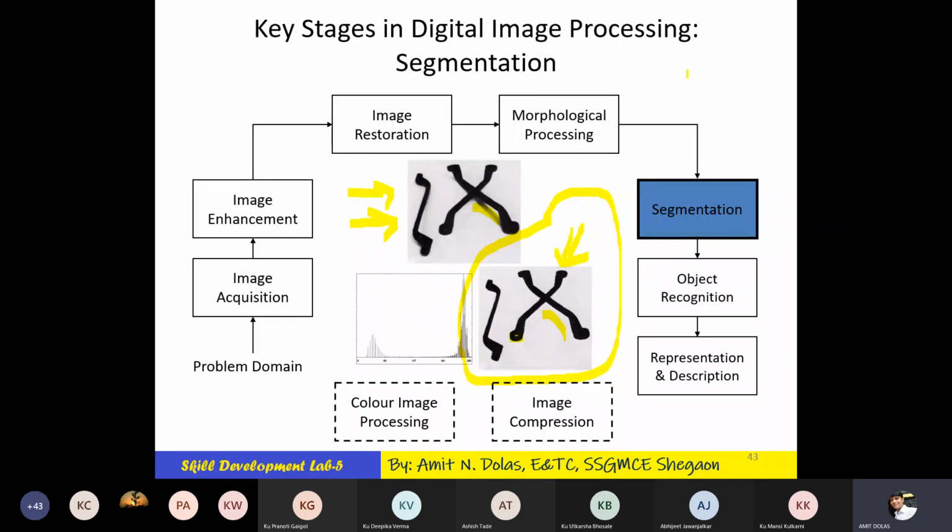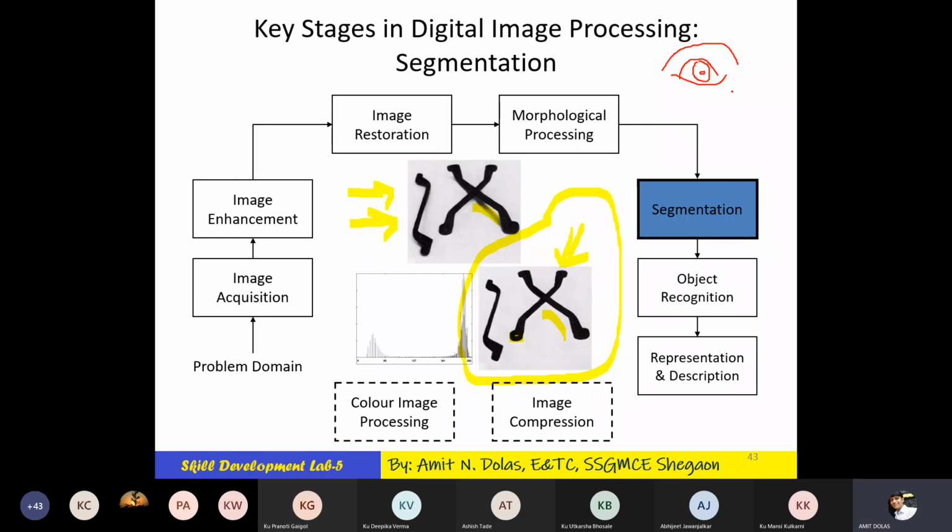For example, if we are using an iris scanner, it will capture the image of the complete eye, right? And the area of interest will be only this iris.